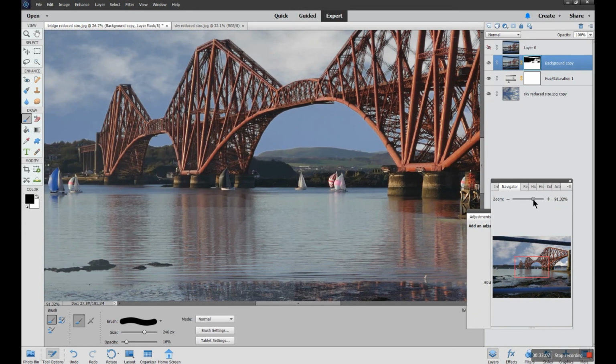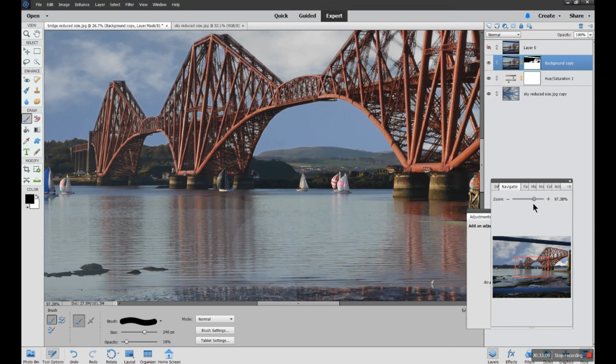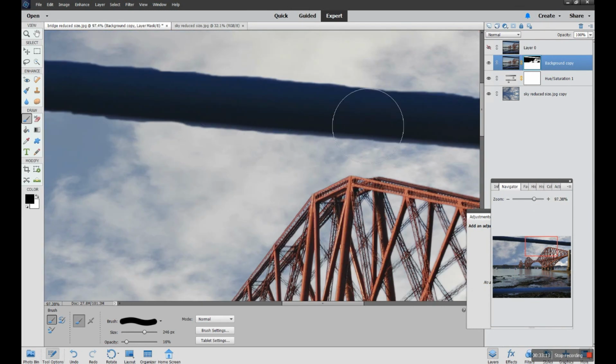and it might be that I would have to zoom in to that particular part of the picture, looking at that edge, and see that it's still got the previous picture in it. So I've got to start working on that, and again I can do that through the paintbrush. So if I reduce the size of my brush, I can allow